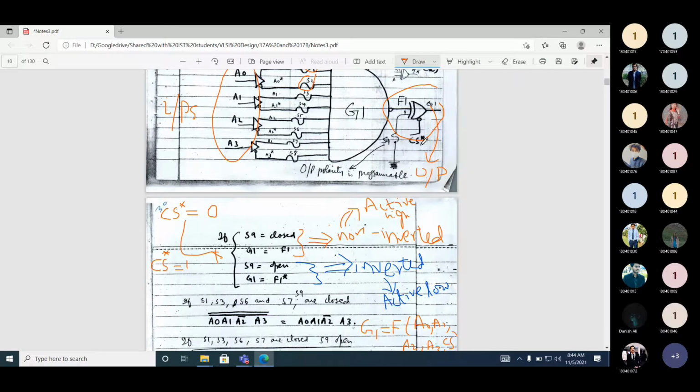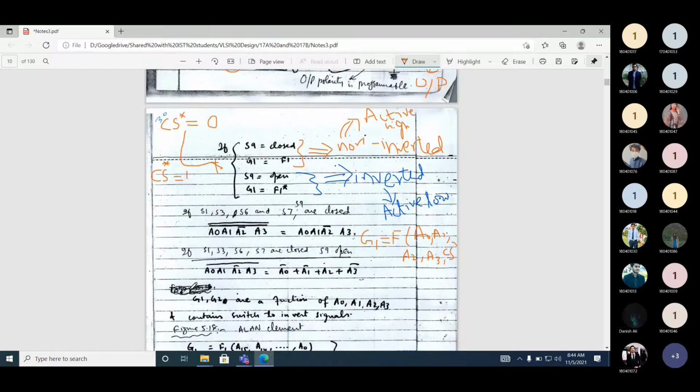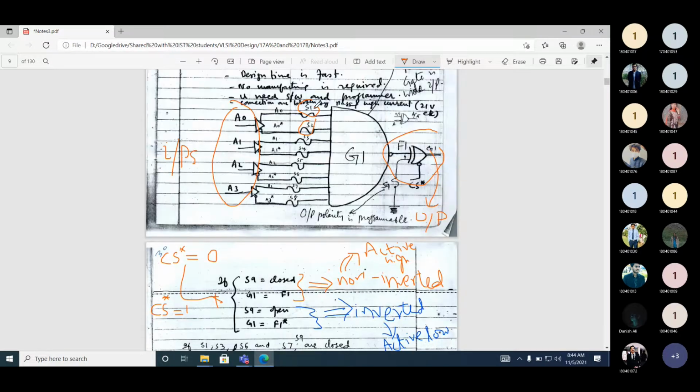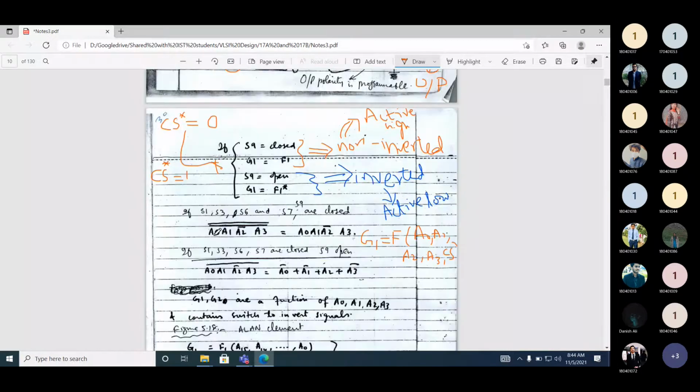Now let's assume a scenario. S1, S3, S6, S7 and S9 are closed. So when S1 is closed, you will get A0.